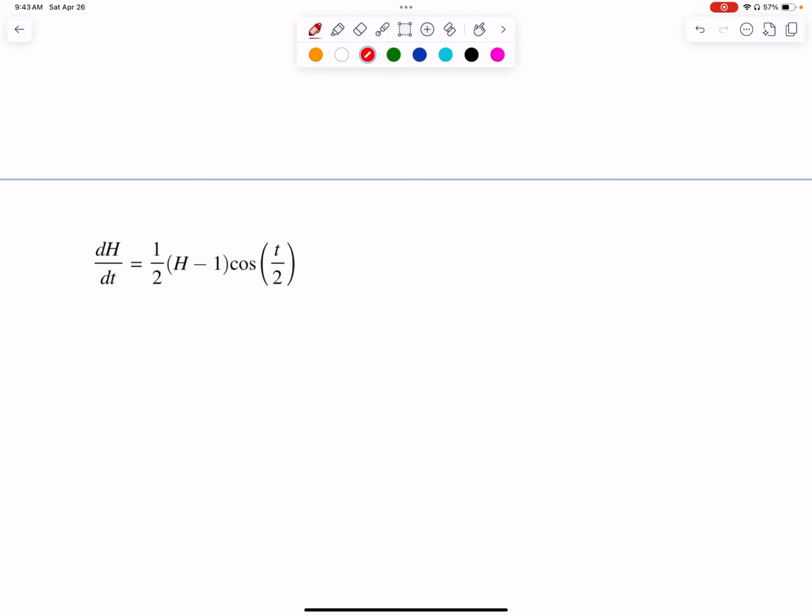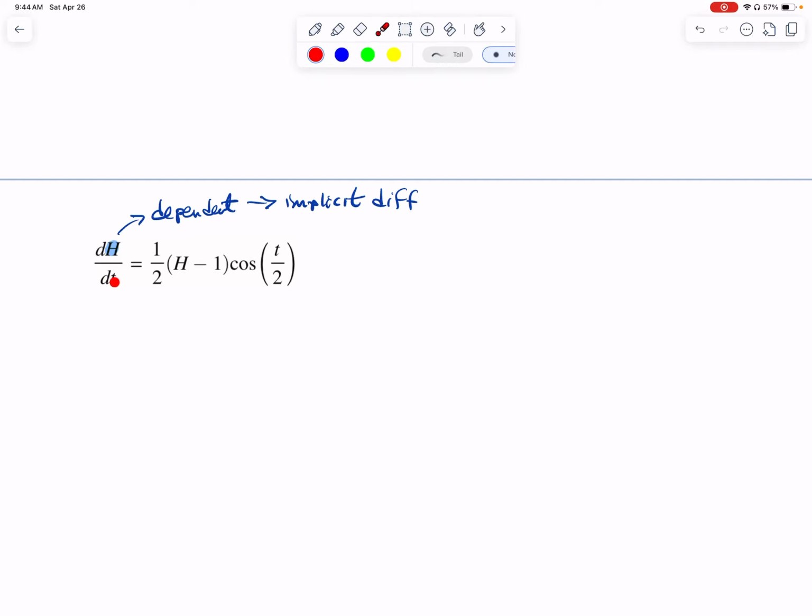However, notice this. h right here is the dependent variable. And as the dependent variable, it gets implicit differentiation, since it does appear in our derivative that we're going to take the next derivative of. The t on the bottom is your independent variable, which means you're just going to differentiate t normally. So our second derivative,